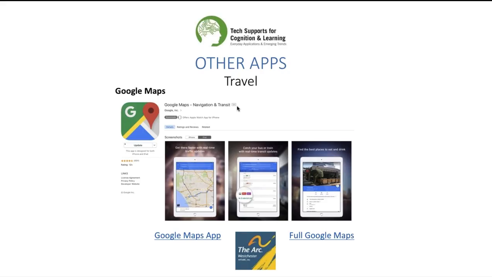So that's pretty impressive. Just think about what this could do if somebody was going to be moving into a new town, doesn't know much about the town, but you can actually sit down with them and show them where the local churches are, where the local resources are in the town. And it's a great way to get a lay of the land before you actually visit